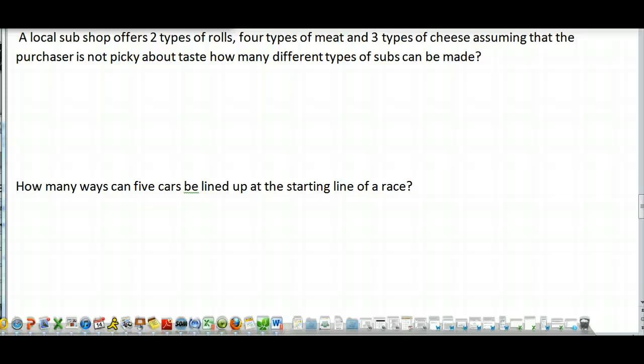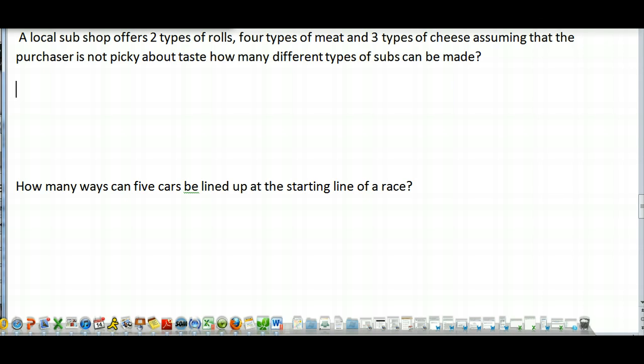Let's take a look at the fundamental counting principle, or factorial, in action. What we're going to look at is first the fundamental counting principle. We have a sub shop, and that sub shop offers 2 types of rolls, 4 types of meat, and 3